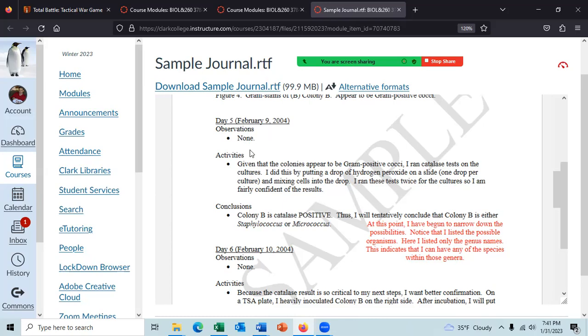The observation would be in the catalase test, I saw that there were bubbles forming when I added hydrogen peroxide to my cells. And the conclusion from that test is that this colony is catalase positive, meaning positive for catalase. Okay.